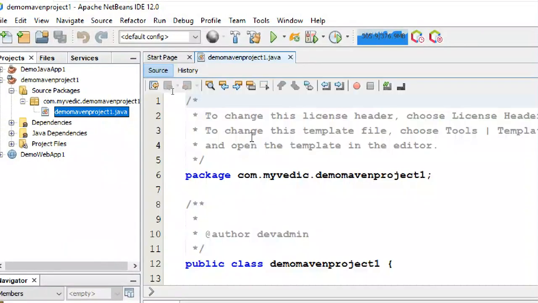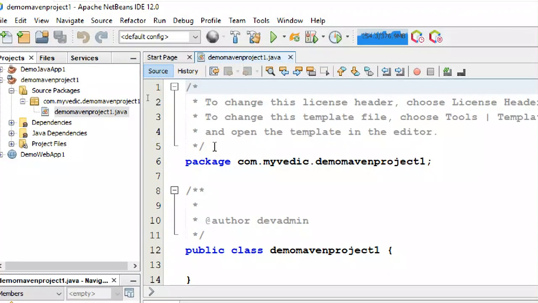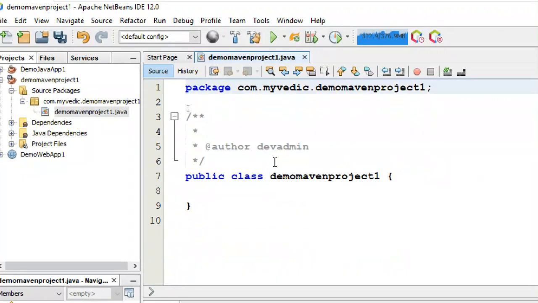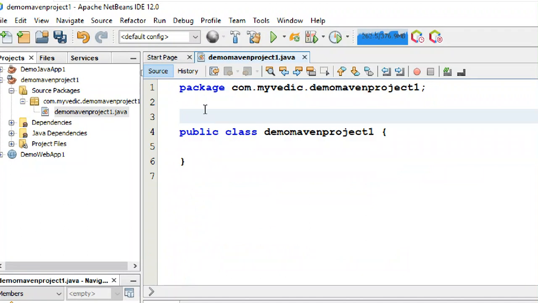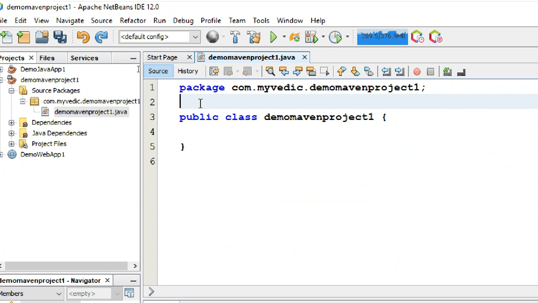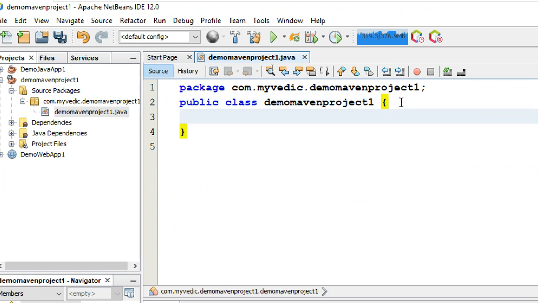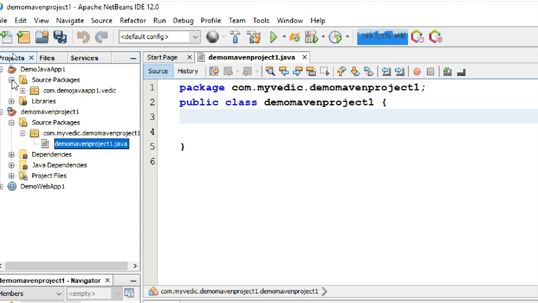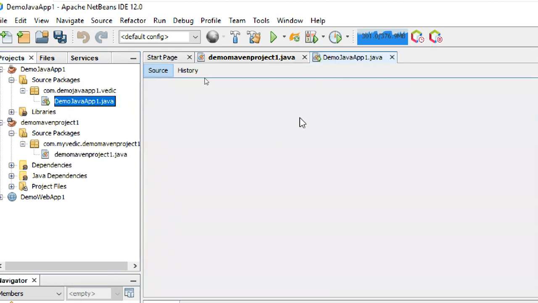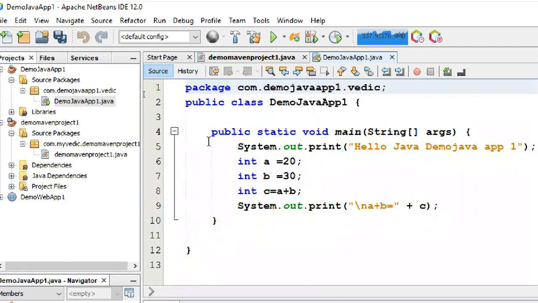Now the class is created. When it is created, automatically the package information is added. Okay, so this is it, but it added a class only. Where is the main method, and why should the main method be added now? When I created it, maybe I didn't tell what the main method is.